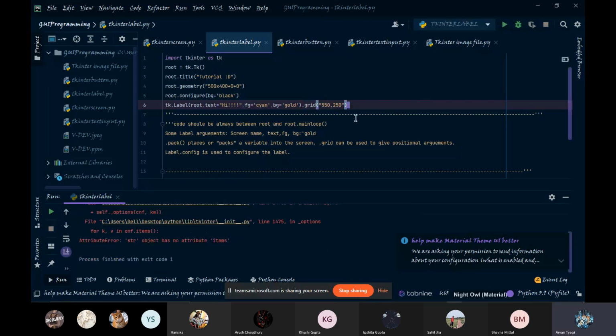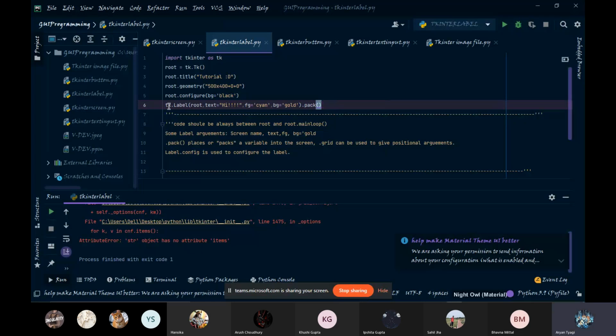I think that's an internal error. Just a second. For now, let's just do the pack function. We will cover the grid function later.